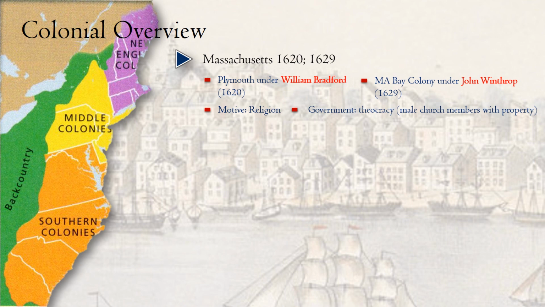As we mentioned, the motive of the northern colonies was religious. And so when they got there, they set up a theocratic government, or a government run by the church. Male members with property, which tends to be the norm in Europe in the 17th century, are the voting members of the theocratic government that they set up. They met their economic means through shipping, shipbuilding, maritime trade, fishing, and small shopkeeping. You're not going to see the large scale agricultural ventures that you're going to see down south, but of course they did engage in agriculture.